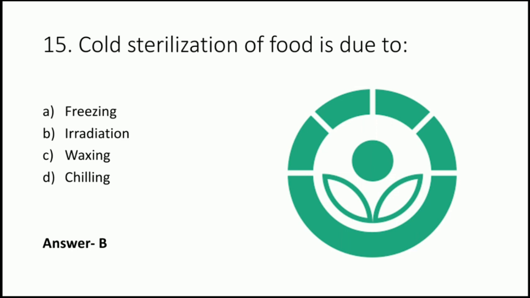Irradiation is a technique in which we use ionizing radiations to kill the viable microbial cells. So it has the same function as sterilization. In sterilization also we completely destroy all the viable microbial cells, but in that we use high heat treatment. In irradiation we are doing the same thing. We are killing all the viable microbial cells, but instead of heat we are using ionizing radiations, and due to